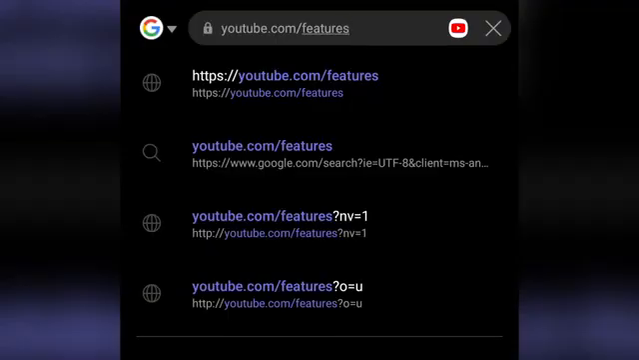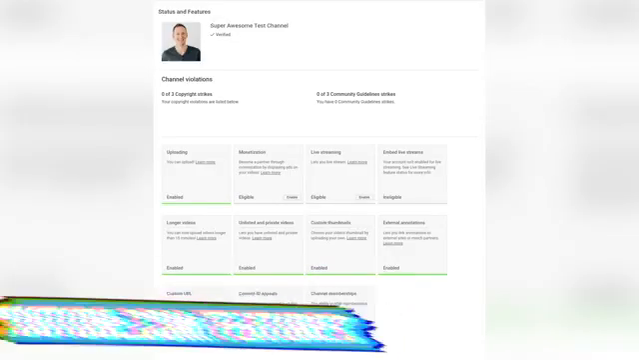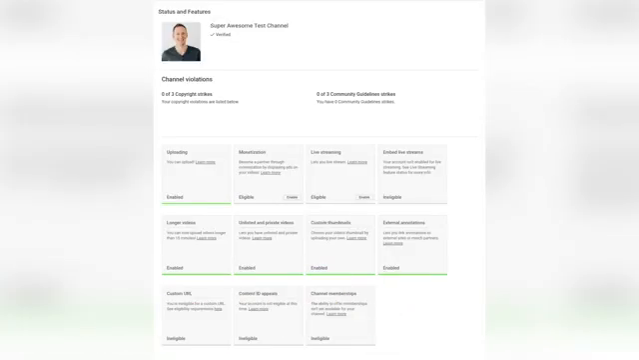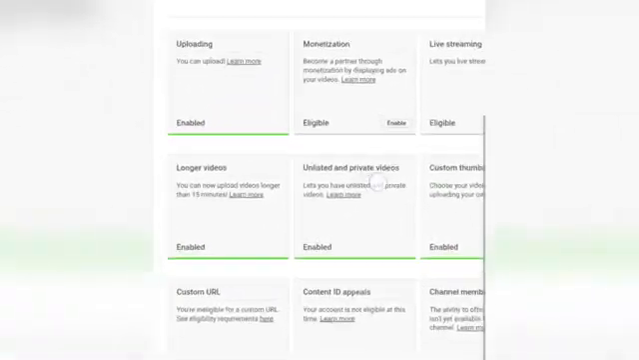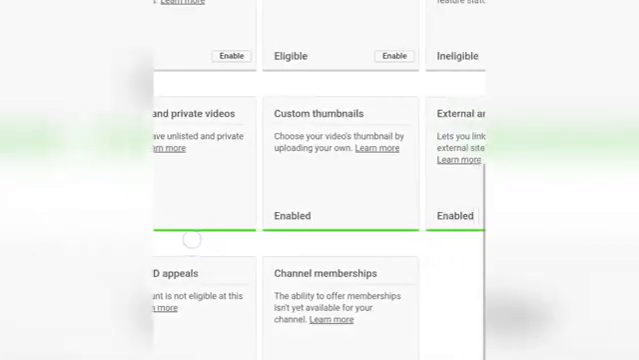Once that's done, you'll get a little notification saying that your YouTube account is now verified, which means that you've now unlocked those extra features. Now, just to verify that that's all gone through okay, you can head over to youtube.com/features, and that will bring up this page here, and that will show you here all the features that you have access to. So we can see here now we have enabled for longer videos,